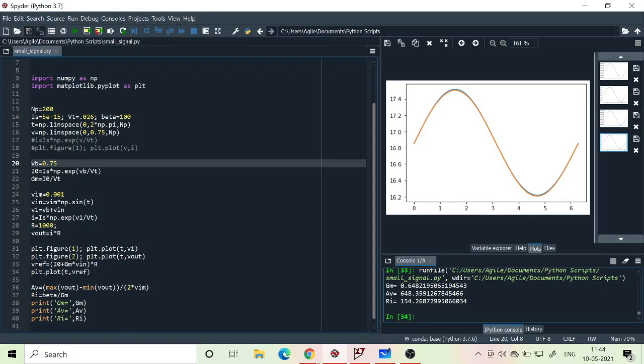My gain is 648. Why? Because input is 1 millivolt, output is close to 1 volt. But if you take the ratio exactly, you are not getting 1000, it is like 648. This is not exactly 1 volt, it is different from that. The gain will also depend upon the input resistance and various other parameters. So I hope it's clear what is the effect of changing the DC voltage and what is the effect of changing the amplitude of the signal.